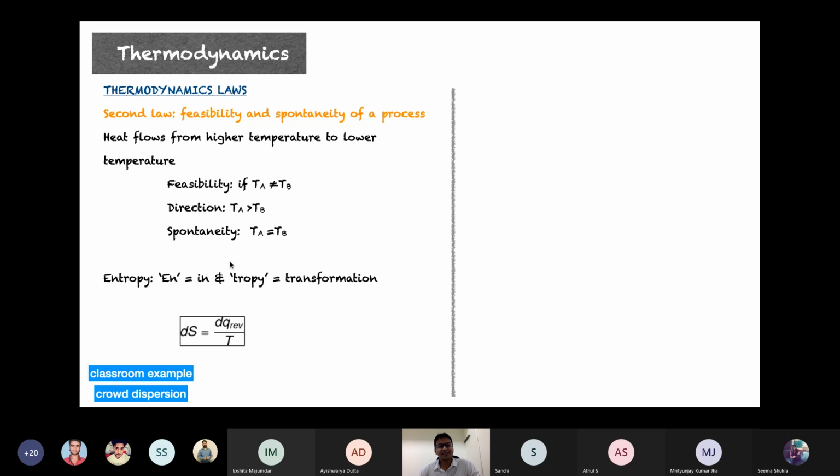let's say again the classroom example. Of course, COVID does not allow us to sit in the classroom, but if you think of a classroom when you are being taught, you are sitting inside a classroom, and then once the class is over, you slowly or really rush out. It depends on again the childhood or college days. But this is a process. It's a spontaneous process. Okay. So after the end of the class, people will move out, and then the entropy increases. Okay. So this is a process which can be studied or realized based on the second law of